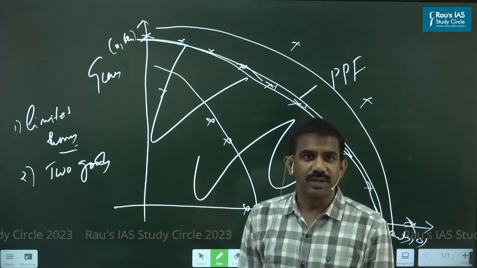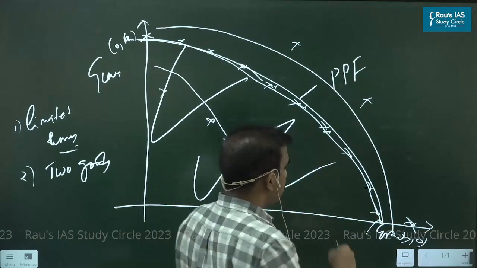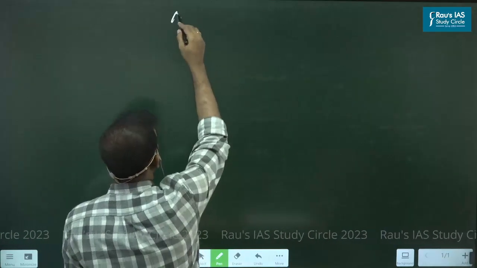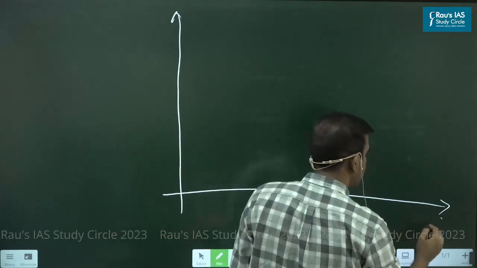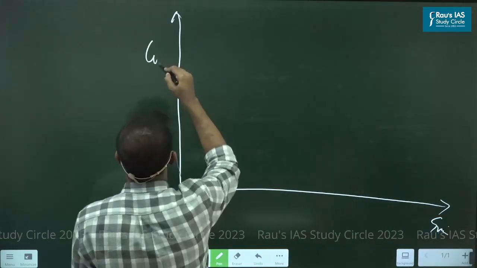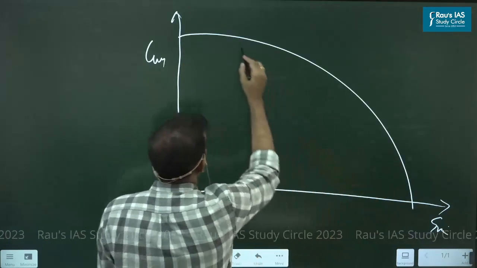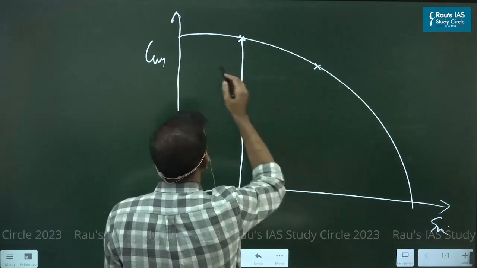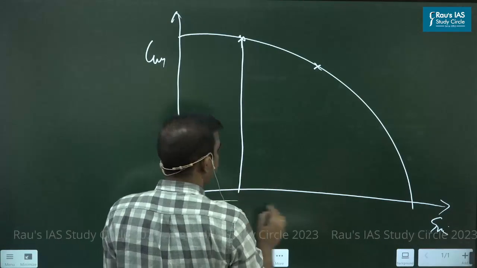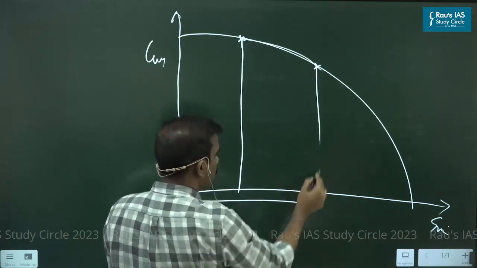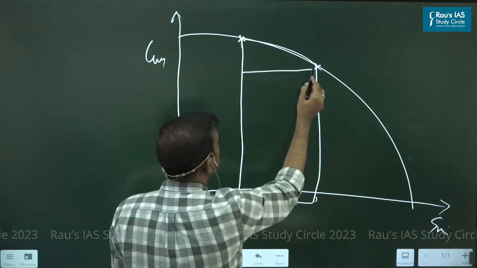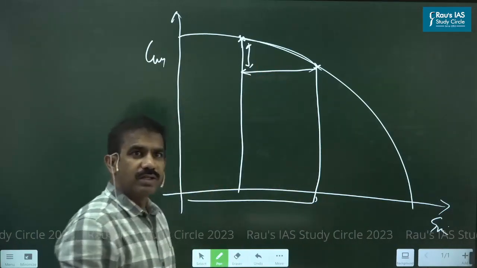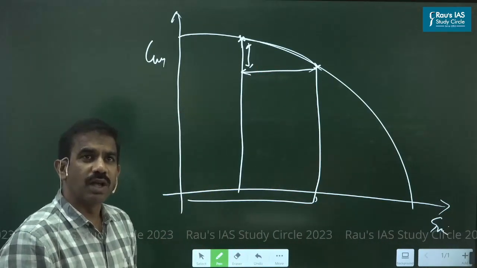And have you noticed one more thing, that this curve itself conveys that if you want something, you need to forego the other. What is it saying? Grains and guns. If this is the production possibility frontier and this is the point I choose, and I would like to increase the production of my grains, if I move from this point to this point, what does it convey? There would be an increase in production of my guns by this quantity, but at the same time there is a fall in production of grains by a certain quantity. Am I right? Yes or no?